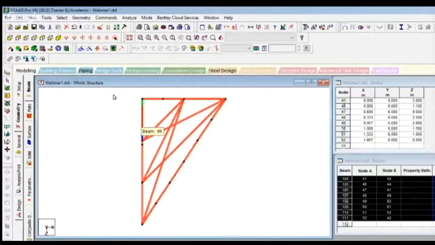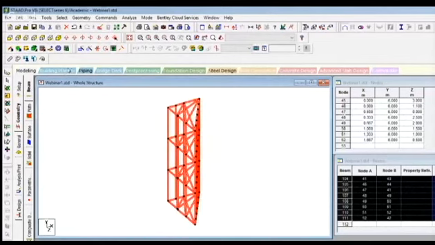Suppose you have some structure called cone or something. If you select one member and repeat it circularly, because you can't repeat it translationally, you can generate some kind of shell, cone, or spherical objects. Now consider this entire building, and we are going to rotate it about the vertical axis, which is the y-axis, through 180 degrees. So I have selected the entire structure. You can see I have selected the entire structure.